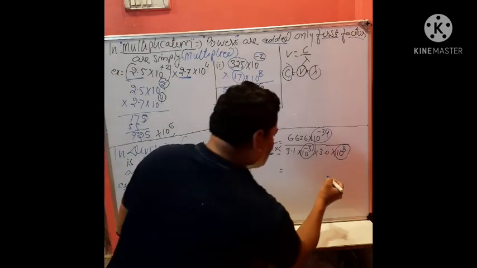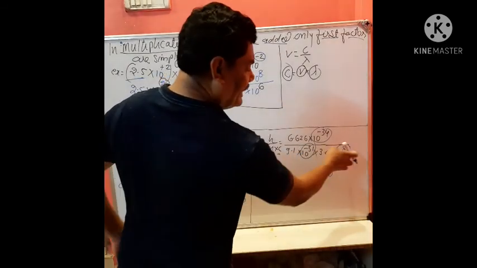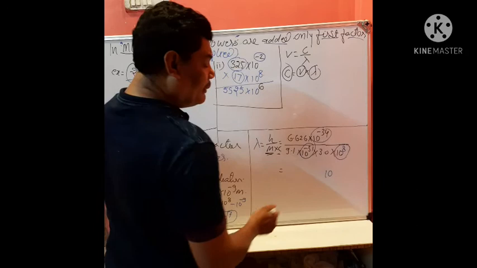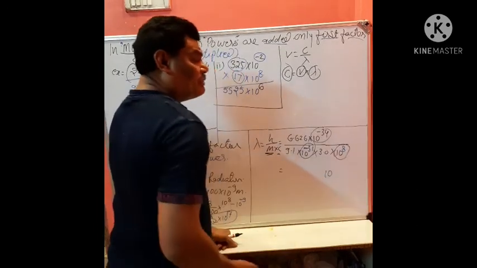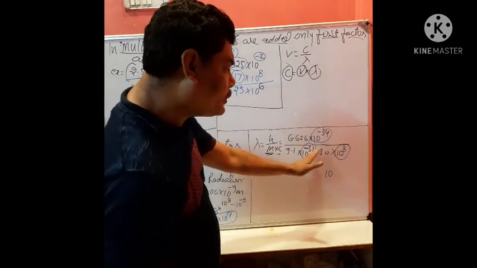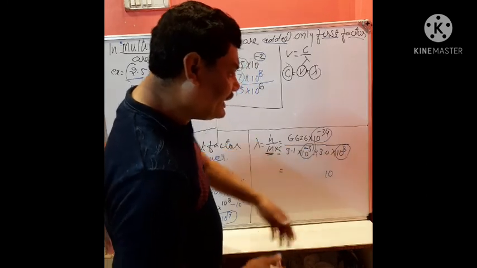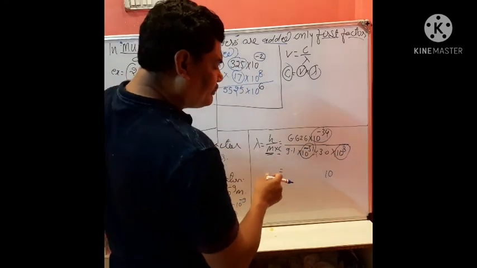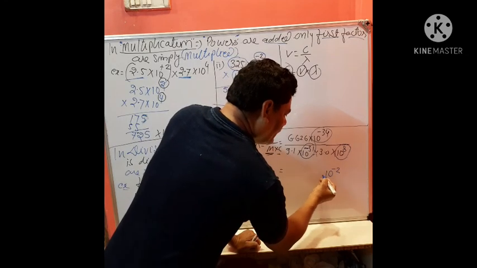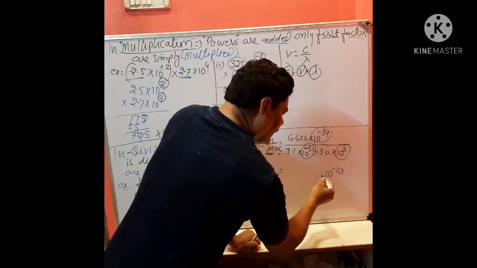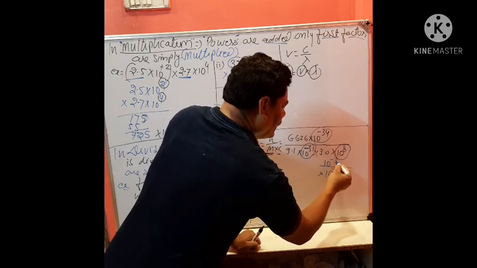So it will become 10 to power minus 31 and 8, to be multiplied. But here the power is given with minus sign and here the power is given with plus sign, so it is to be added. So minus 31 plus 8 is equal to minus 23. So that will become 10 to power minus 23. And on the upper side, the power is 10 to power minus 34.